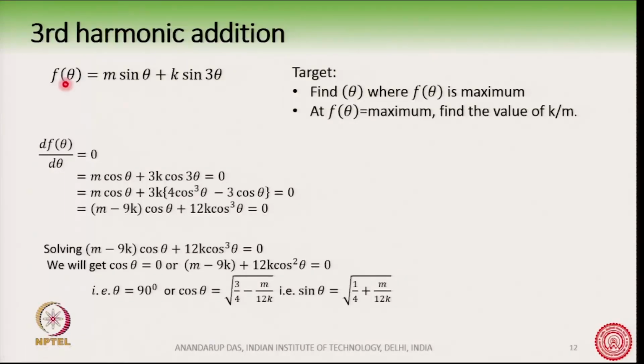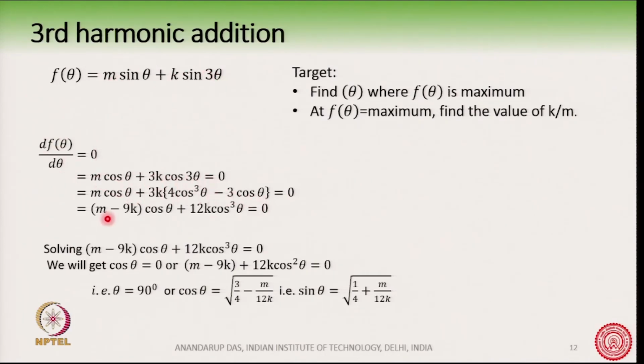Let us do the mathematics here. f theta is equal to m sin theta plus k sin 3 theta, and our target is to find out where f theta is maximum first. So, if I differentiate it, df by d theta, and equate it to 0,